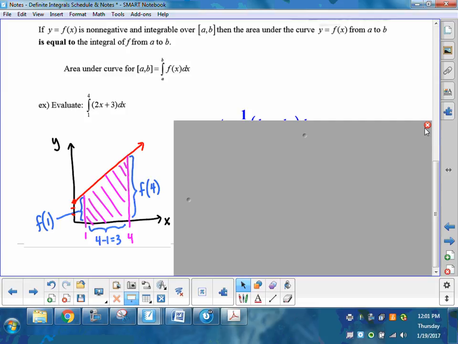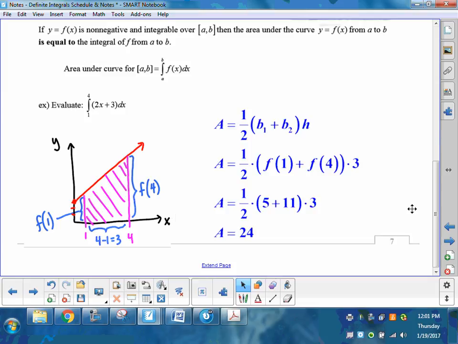If you don't know the formula, here's the formula now. 1/2 of base 1 plus base 2. You average the bases and then multiply it by the height. So my height on one side is 5, the height on the other is 11. Add them together, you get 16. 16 times 1/2 times 3 would give me 16 times, or 8 times 3, which is going to give me